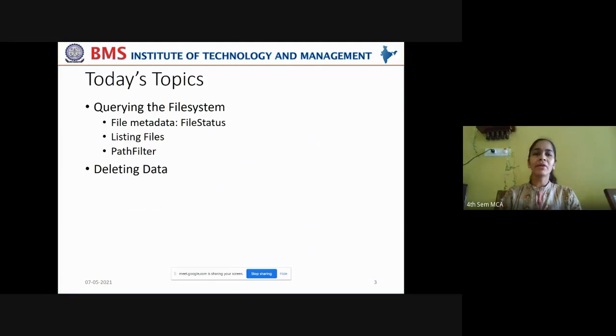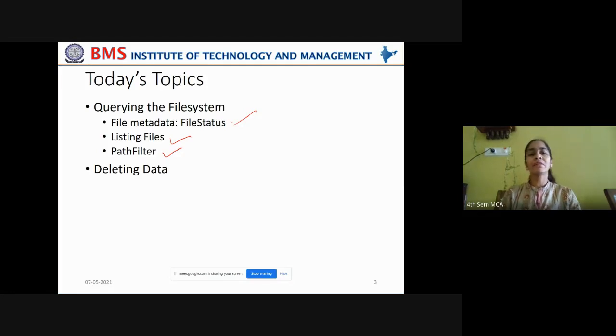Now let us cover the topics of querying the file system and deleting data from a file. Querying the file system means you can give some queries to the file system, put some questions to the file system regarding the status of the files, or list some files, or use a path filter to filter out some files and retrieve only some of the files in a file system.